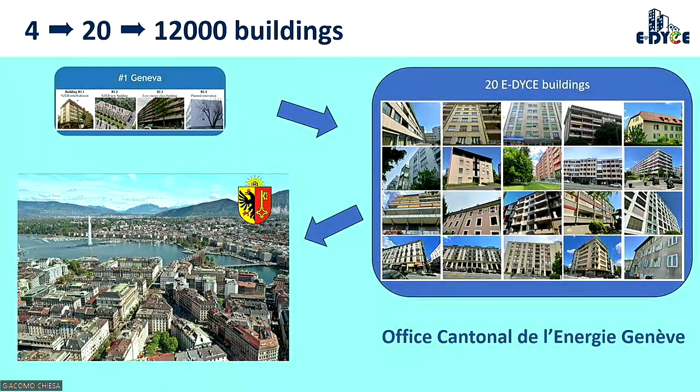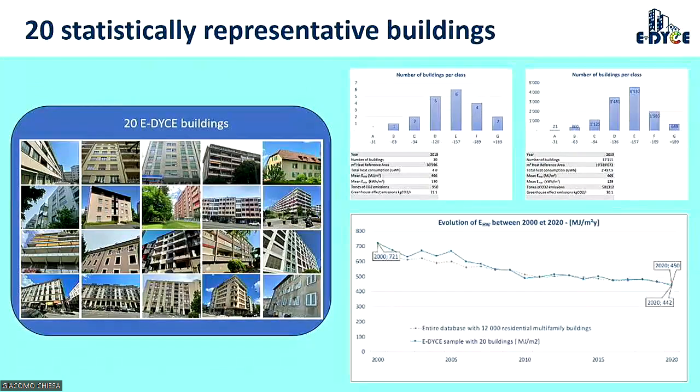So we have the 4 buildings that you have seen with Tristan, and then we selected 20 buildings owned by the same owner, and then we tried to upscale to the whole building stock of the canton. So these 20 buildings are statistically represented. Up you can see how the classes of the heat consumption of the buildings are distributed, and down in the second